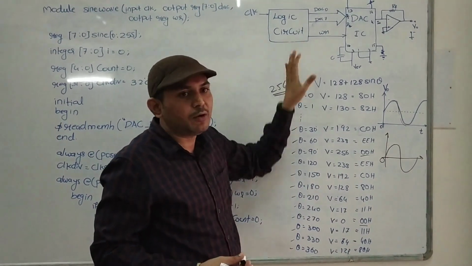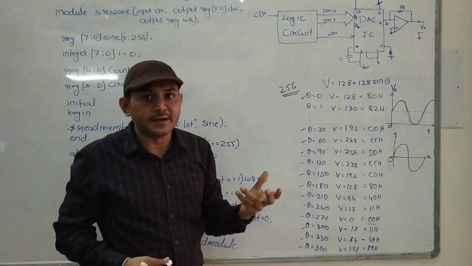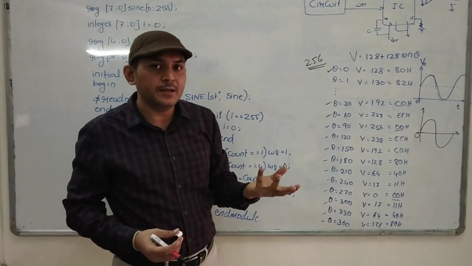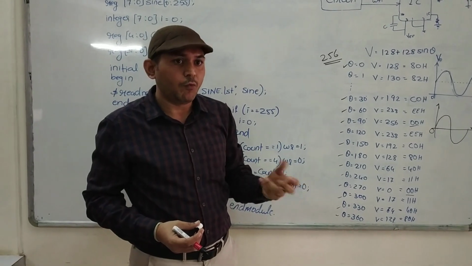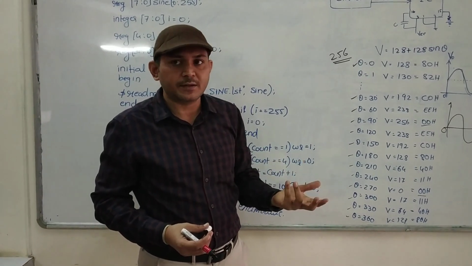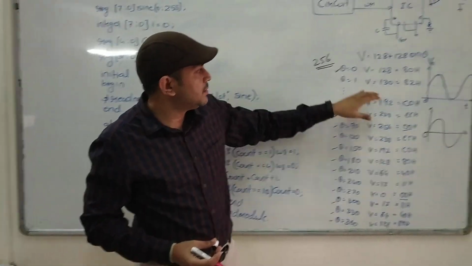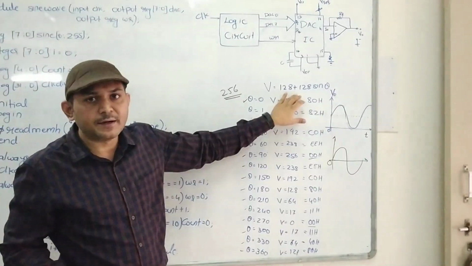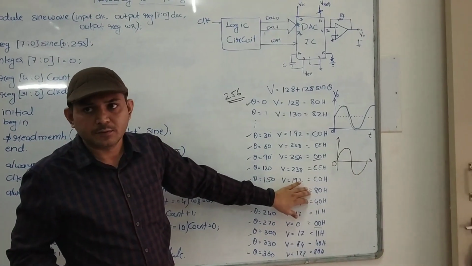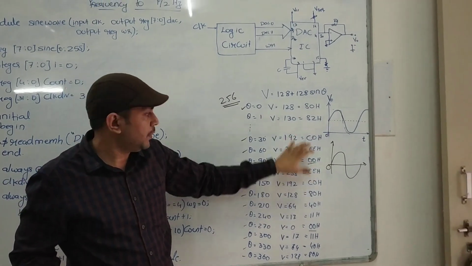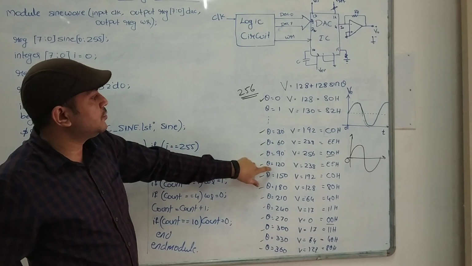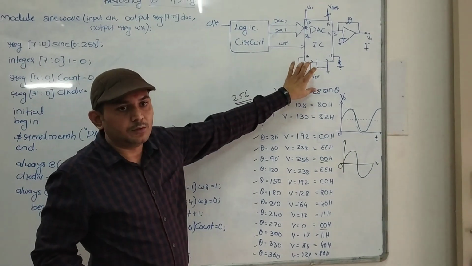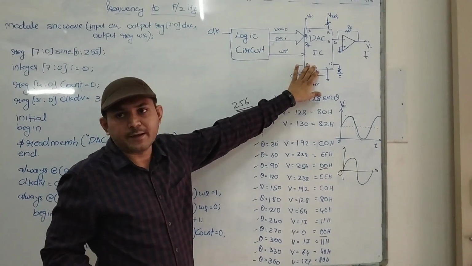Your logic circuit will not generate the sine wave itself. It will only generate the digital values in a certain pattern. What pattern you want has to be decided beforehand, and this is the formula I will use to generate these values for the sine wave. Now we will understand how these digital values are transferred from this circuit to the DAC IC.